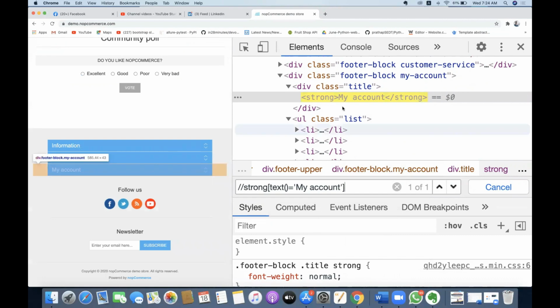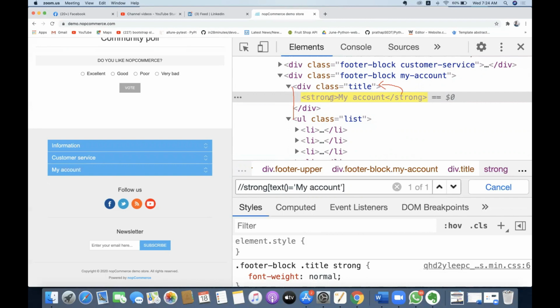Yes, obviously I got this. Now how should I move on? There is a close tag available. I cannot go directly to this element. So the only way is I want to move to the top. From there, I want to come to my UL. So my direction would be like this. From this strong element, I want to move to my division. From this division, I want to come to my UL. But this division and this UL are available in the same line.